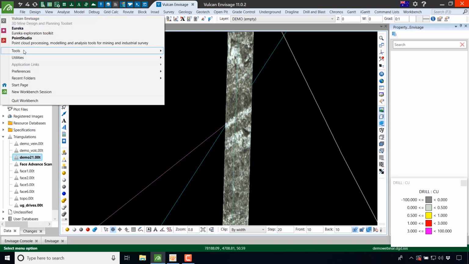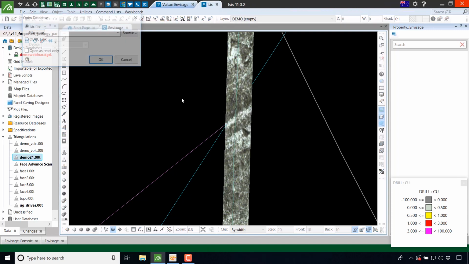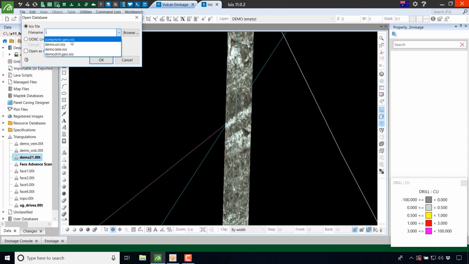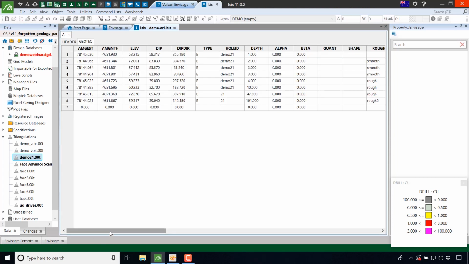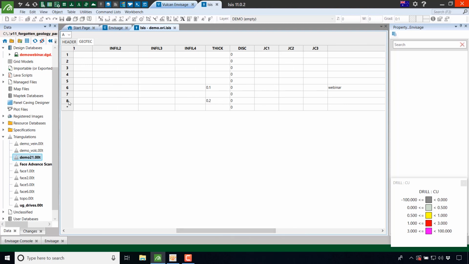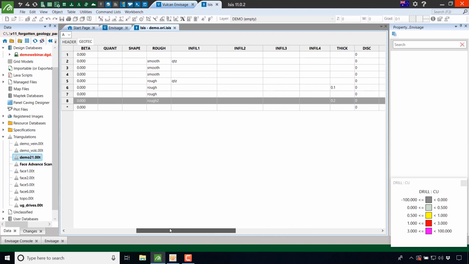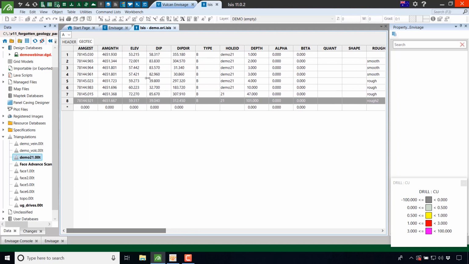Using Vulcan 11, remember that the ISIS database now is available through the tools menu. And we were looking at the geotech database here. So if I go through here, you'll see that there's a whole lot of readings here, and the one that I called with 0.2 was that last one. So that's the record that we've entered from there. And that can then be used into stereo nets, rose diagrams, and integrated into the whole geological database, all given to the geotech engineers for use